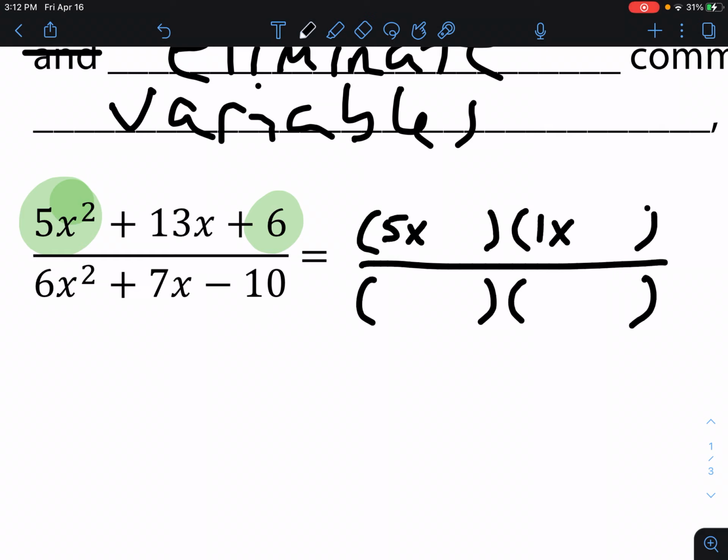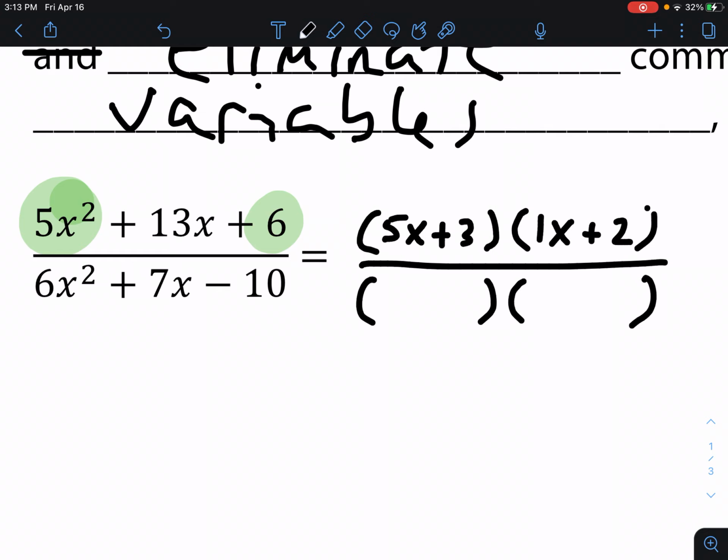So I know that I need to multiply the 5x times 2. So I'm going to put the 2 over here because when I distribute it, it's going to be 10x, right? Okay, I'm going to get rid of that. And then I'm going to put the 3 over here, and when I distribute here, it's going to be 3x. 10x plus 3x is 13x. So that's the relationship that I want there to be able to get the 13x, right? So I factored the numerator, and now when we factor the denominator,